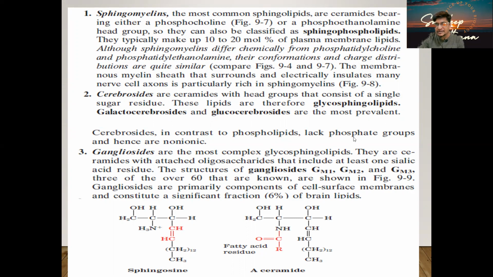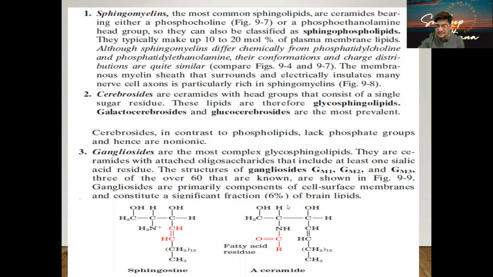So you have to be very clear about the cerebroside and the sphingomyelin. Then we have the gangliosides, and the most complex gangliosides may have many groups in the form of glucose or galactose, and the number is going to vary. Hence we call it GM1, GM2, or GM3. In this structure, there is one NANA, N-acetylneuraminic acid or sialic acid, and this makes up a big part of it.